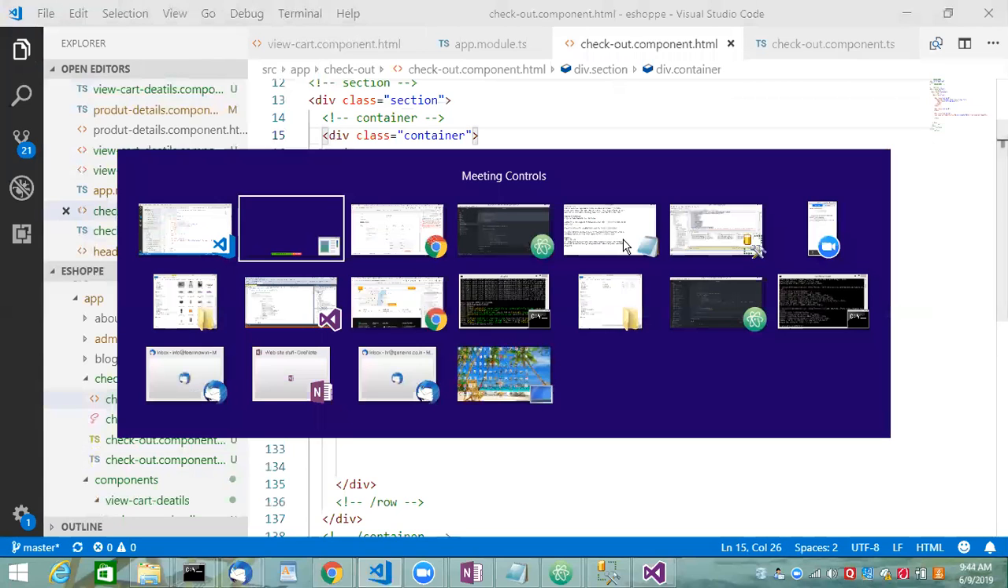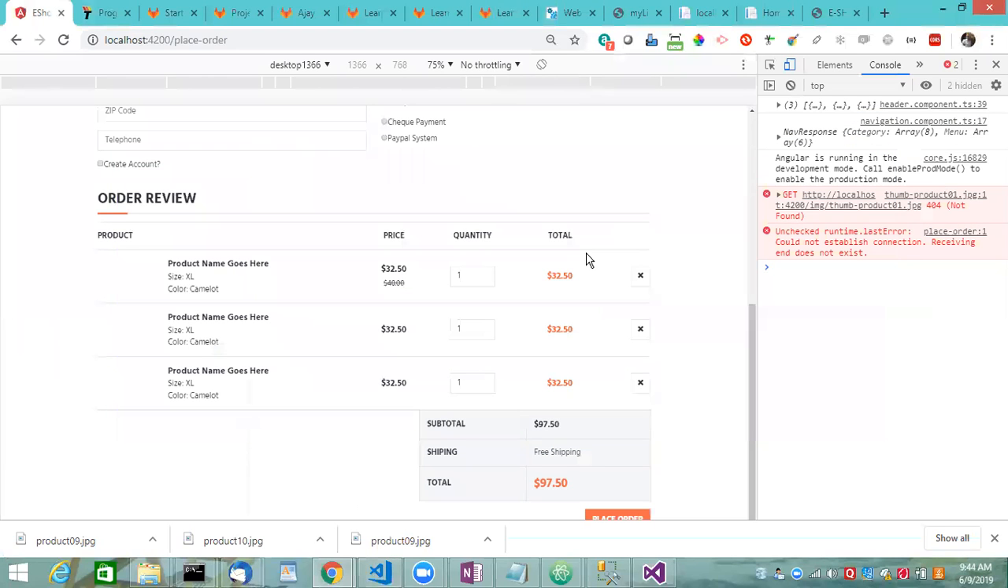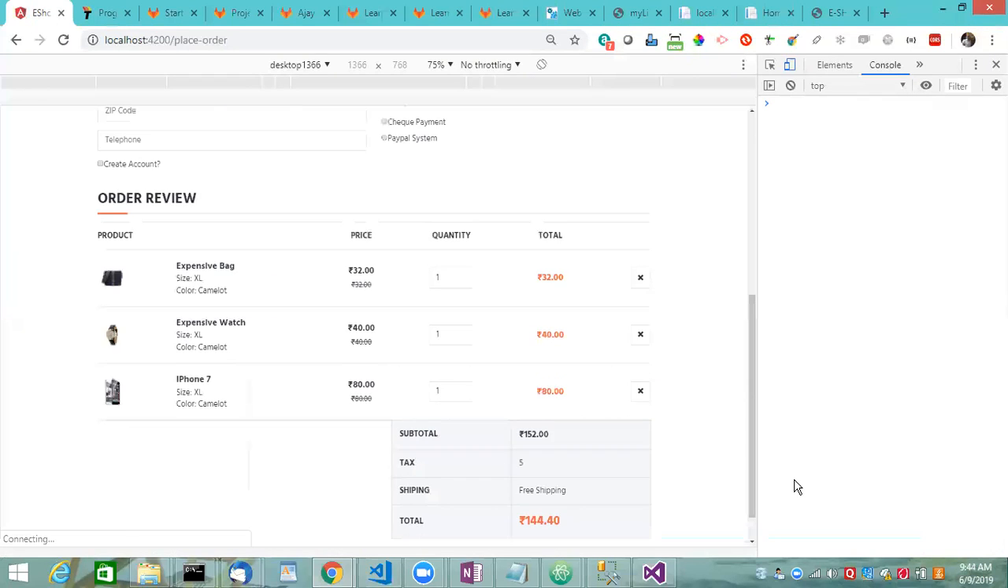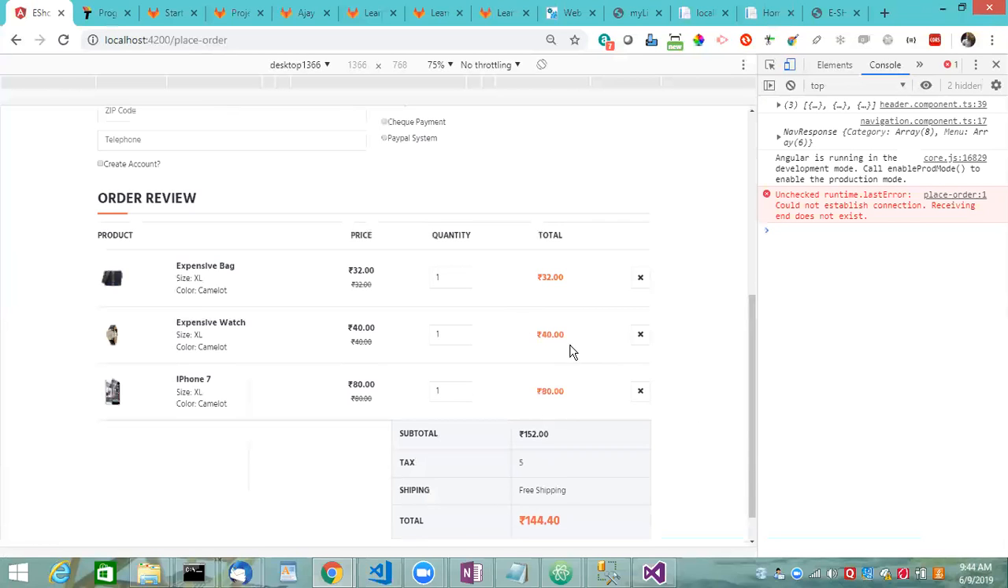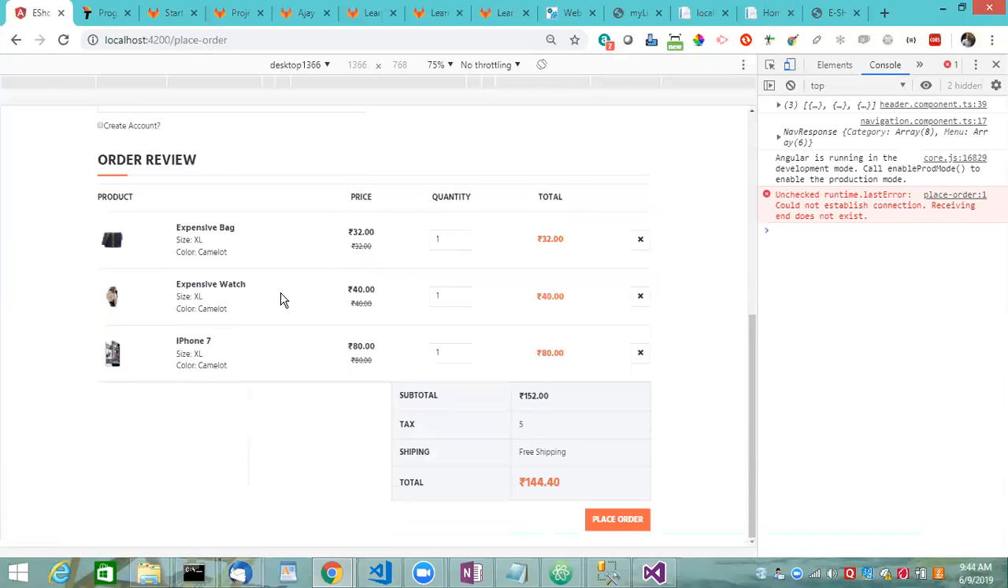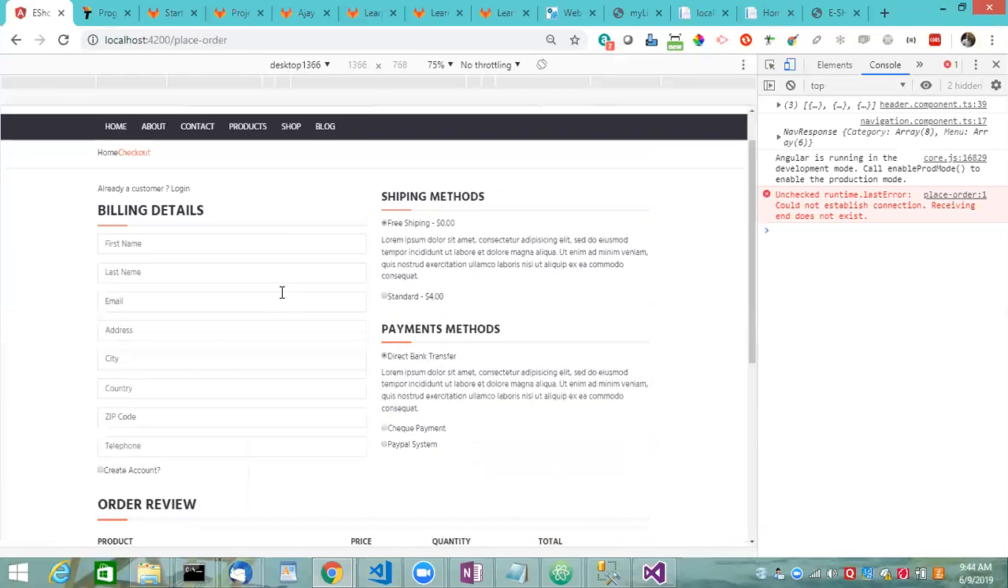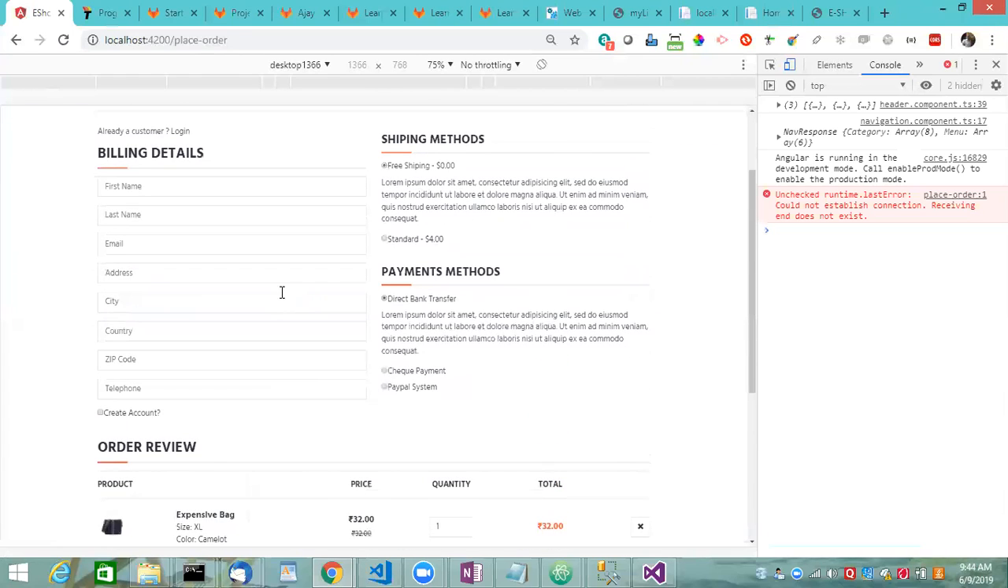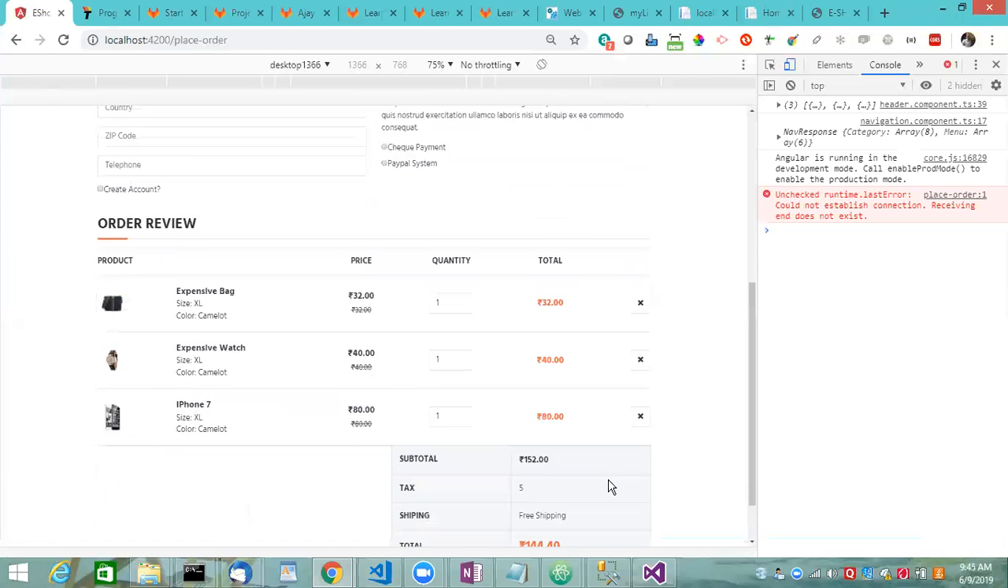Now let's check. I should get the real-time data now in place order. Place order. Yes. So everything is coming right dynamically now. So if I have billing details, if I push all the billing details here, and finally when I say place order,